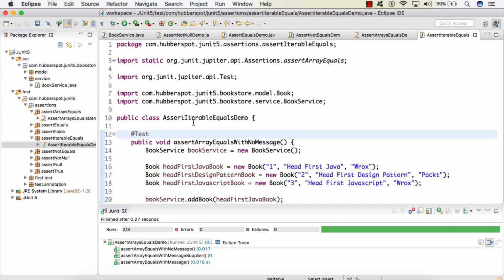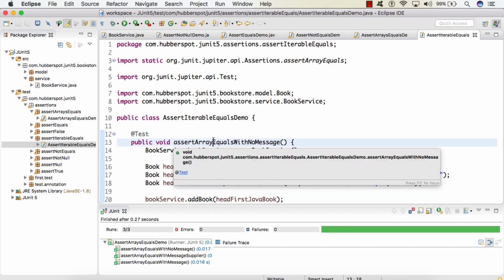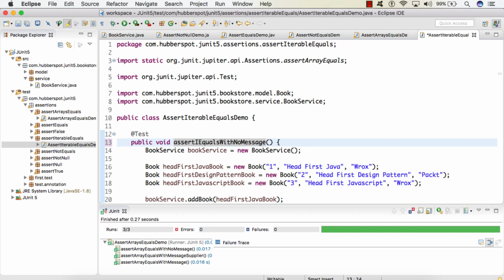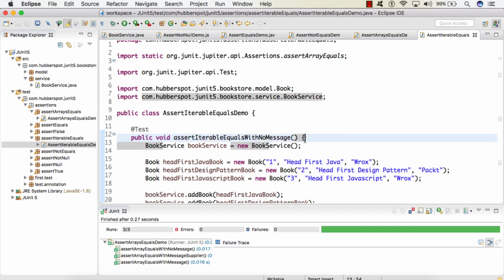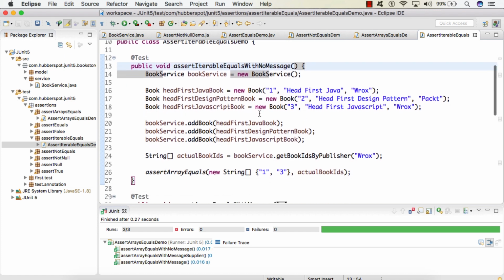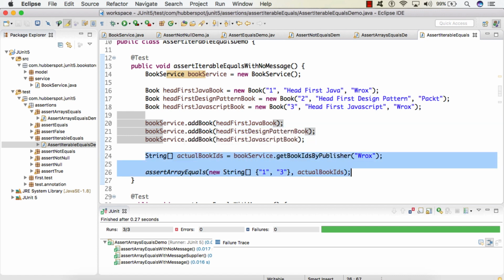Now let's see the demonstration of the first assertIterableEquals method. I'll give the name of the test method as assertIterableEqualsWithNoMessage. Here you can see that we are testing a method of BookService which is getBookTitlesByPublisher. We have initialized BookService, we have created 3 books, and we have added these 3 books to the list of books by using the addBook method.